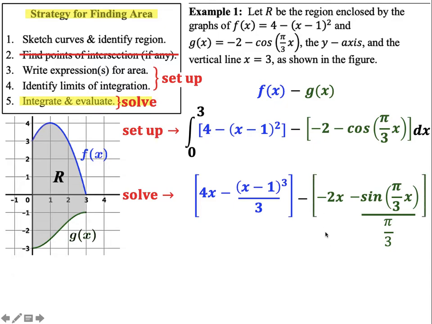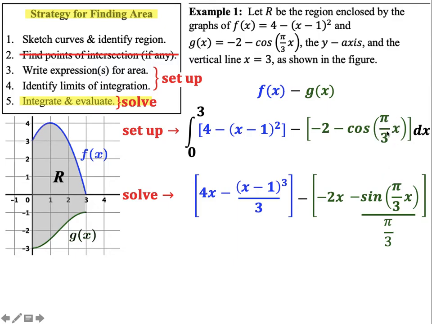So let's just review what's going on here. I integrated the 4. I integrated this. This is a u sub, but it's linear in here, so we can just do the power rule on the outside. Bump it up by 1 to a 3. Divide by 3, divide by that new power. Derivative in here is 1. We don't have to divide by the 1. That won't change anything. Okay, integrated the negative 2 for negative 2x,